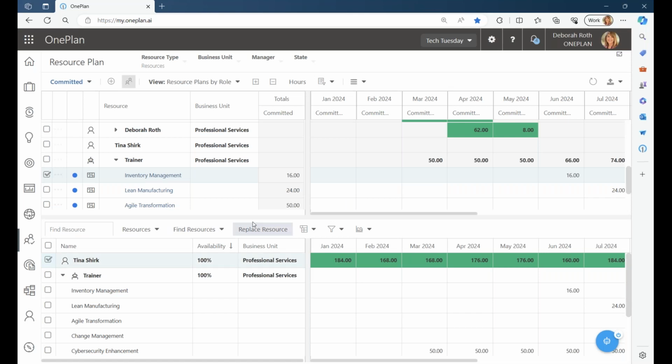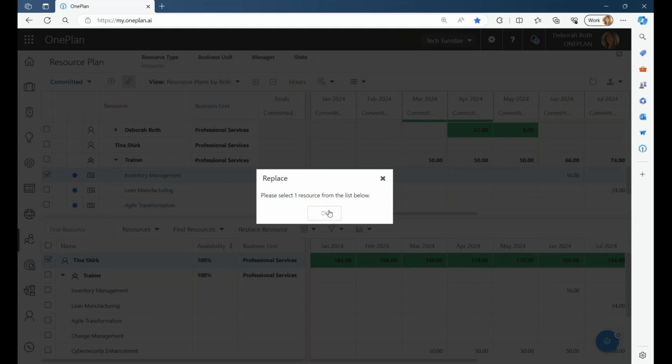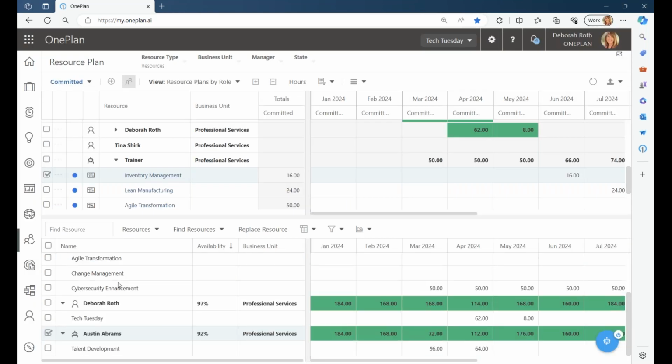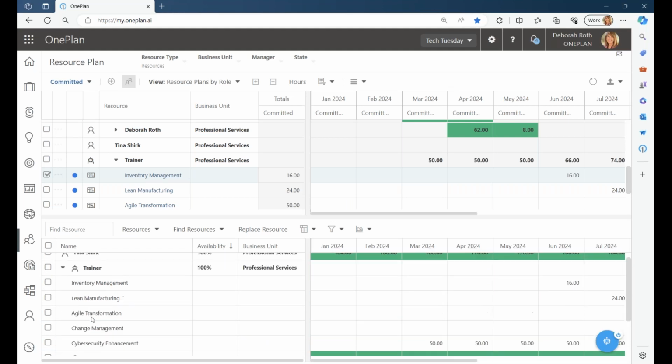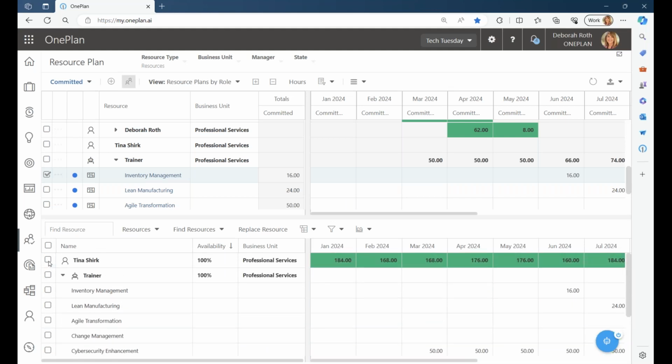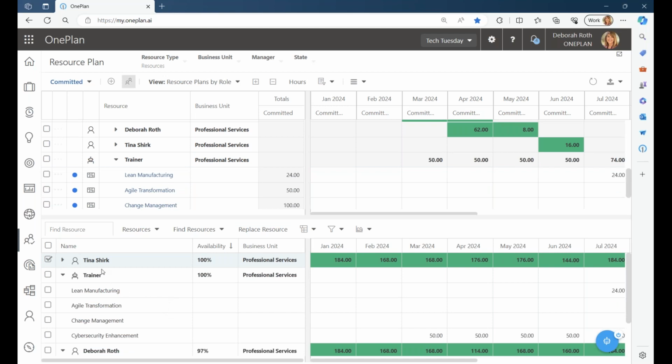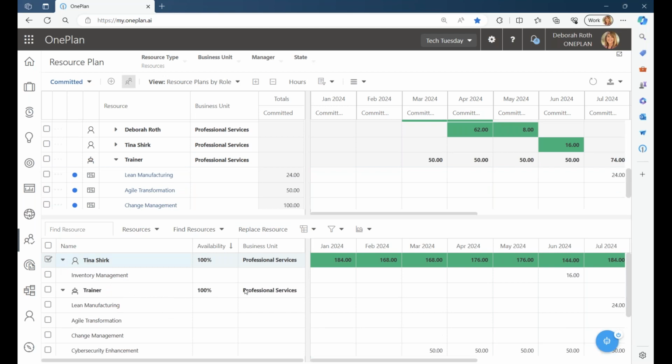Okay, select here. From the list below, sorry, I had multiple resources. It will tell you if you have multiple resources. So it's really a one-to-one relationship as you're doing the forecasting. And that goes with teams. With teams, you'll have more than one resource in the team, but you need to allocate one team at a time. So here's Tina, and then I replace, and then you can see that immediately she is